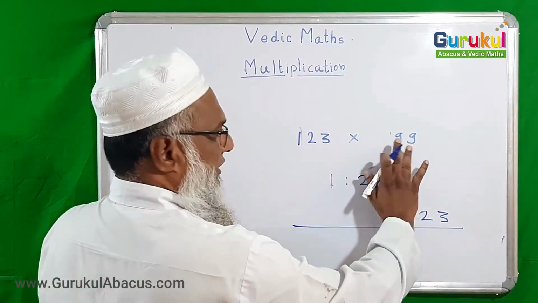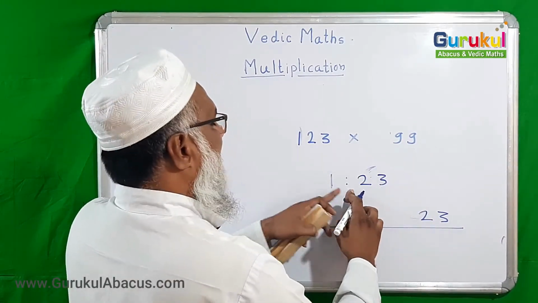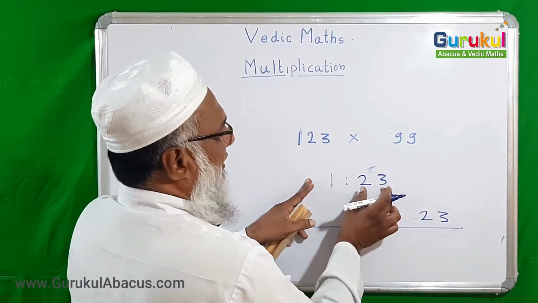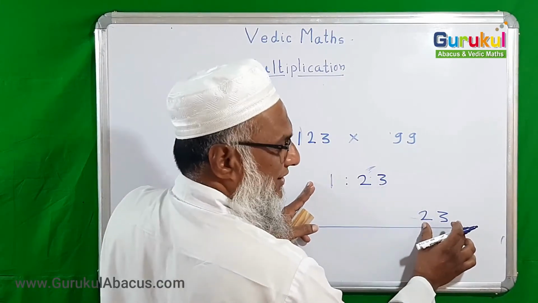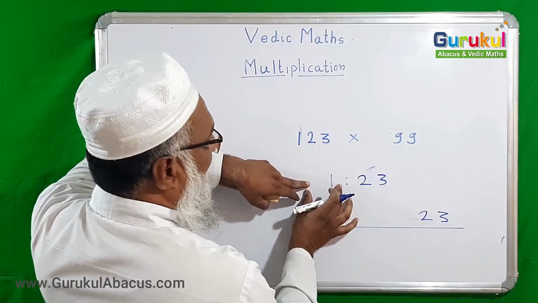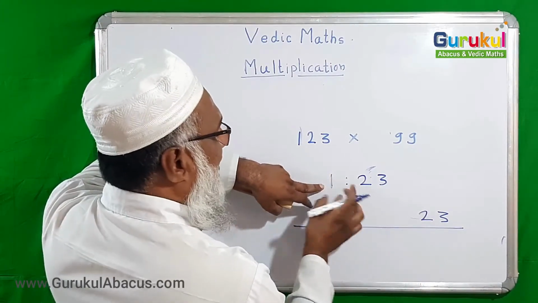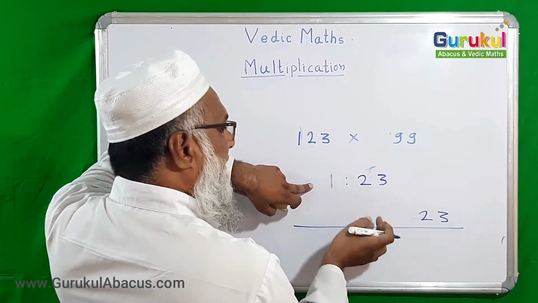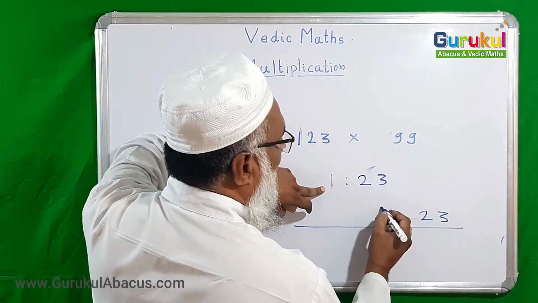Firstly, what did we do? Here there are 2 digits, so from the given number, 2 digits we keep after the colon, and the rest of the digits we put on the left side. Secondly, whatever number you wrote after the colon, that same number we write again here. Now the third step: look at what is to the left of the colon, which is 1, and add 1 to it. Suppose here it is 13, then add 1 to the 13 and write 14. Here it is 1, so add 1 to this and write 2.